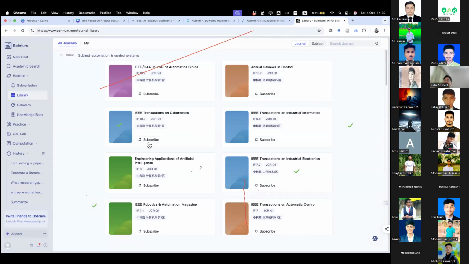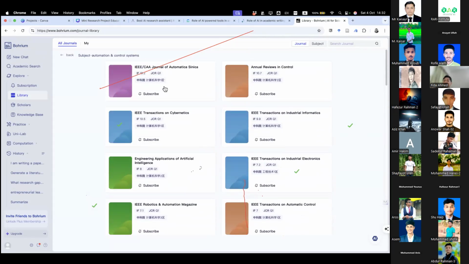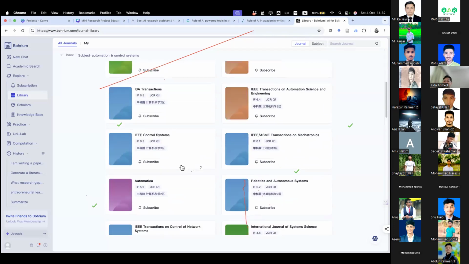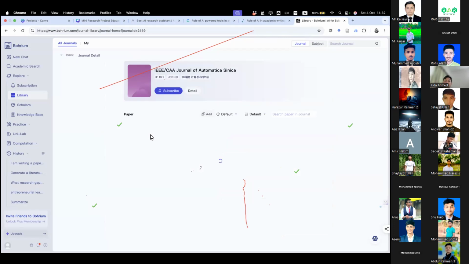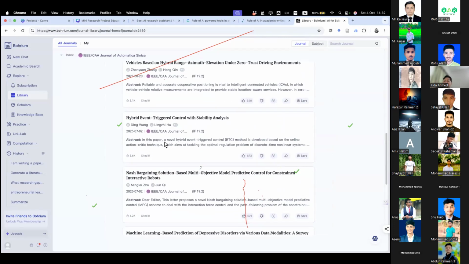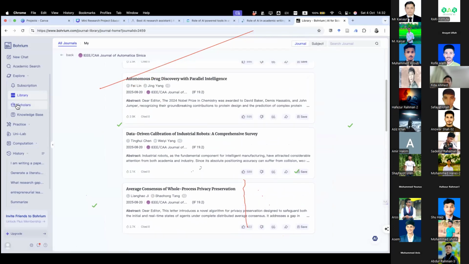Now you can see it has given me the top-class journals which emphasize my research area. Now I do not need to worry about which journal I should focus on. I will just write my research paper and submit it to any of these journals. These are very good journals, very high impact factor journals, you could see. You can subscribe to these journals, check their articles, and save them into your library if you want. If you want to search for scholars in your field,